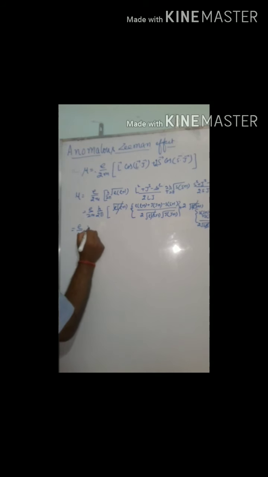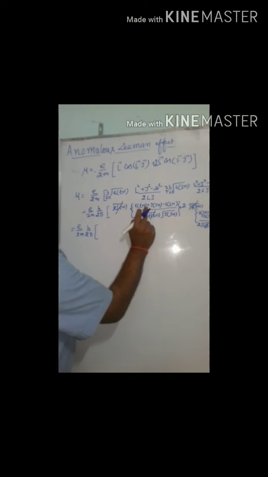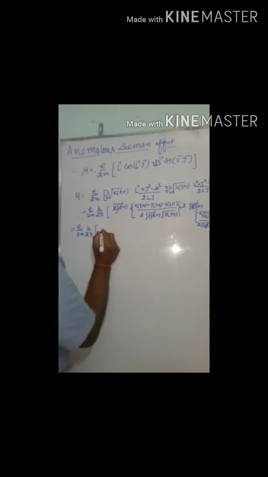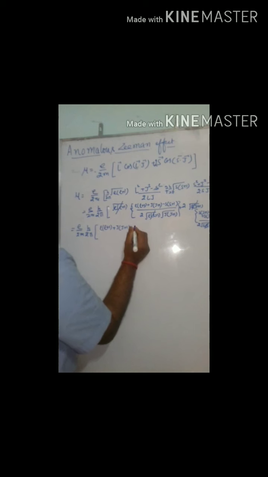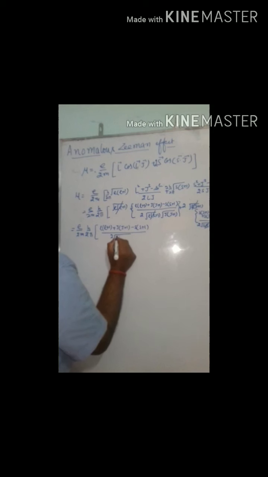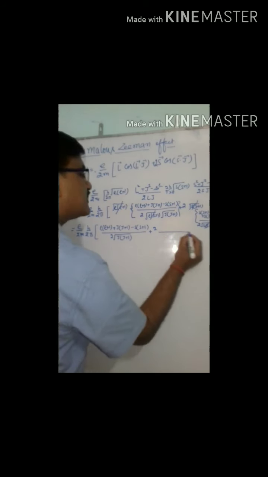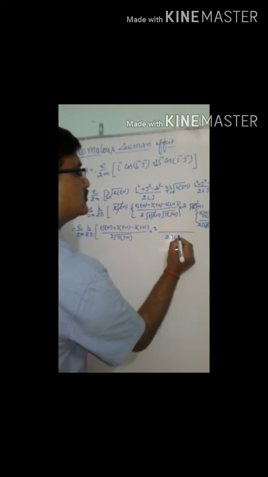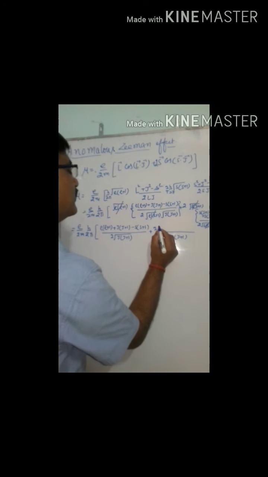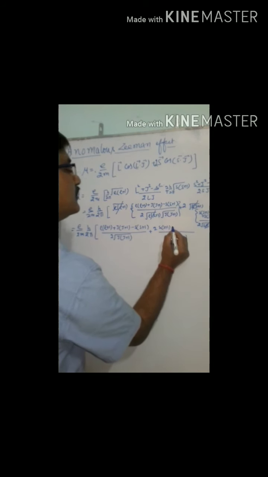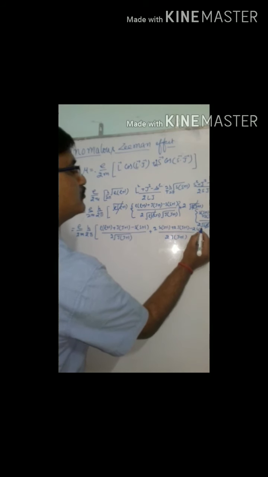From here we get L into L plus 1 plus j into j plus 1, that is L into L plus 1 plus j into j plus 1 minus S into S plus 1 upon 2 under root of j into j plus 1, plus 2 times, here also the LCM is the same, that is 2 into j plus 1. Here we are getting S into S plus 1 plus 2 times j into j plus 1 minus 2 times L into L plus 1.